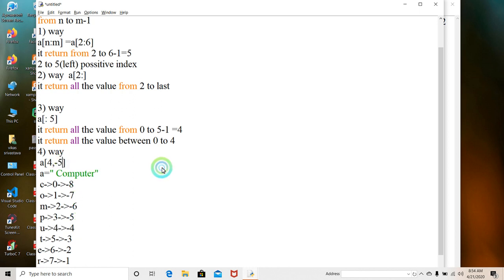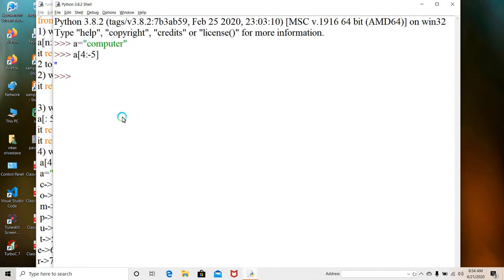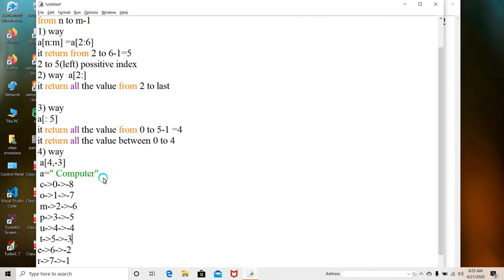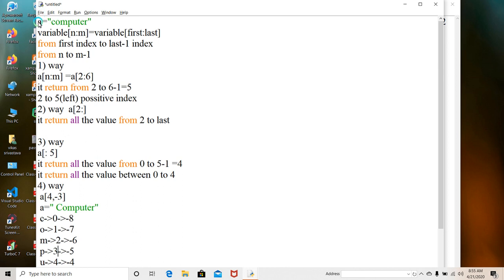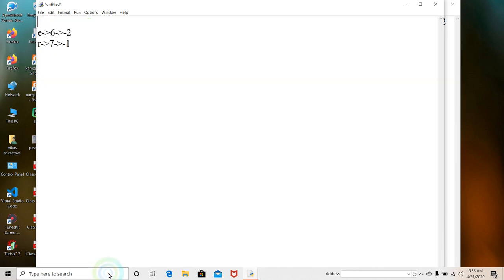If we have written here minus 3, so it may return because from fourth is here and minus 3, minus 1 will become minus 4, so it will give which value? So look here, if we write a is equal to 4 to minus 3, it will return only which value? U. Because from 3 to here and minus 4 means here. Minus 3, we want to access value 4. Clear? So I hope you have understood slicing. If you have not understood, please give me a comment. Once more I will explain with some other examples.